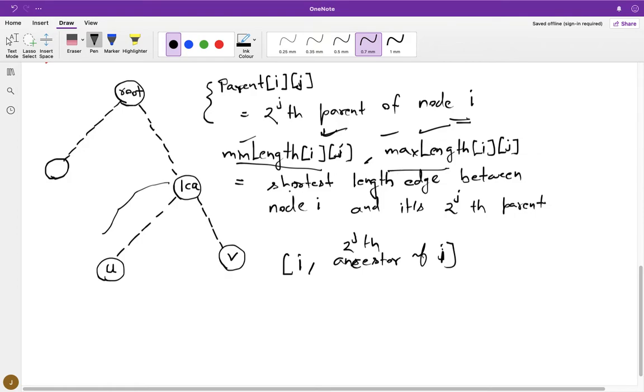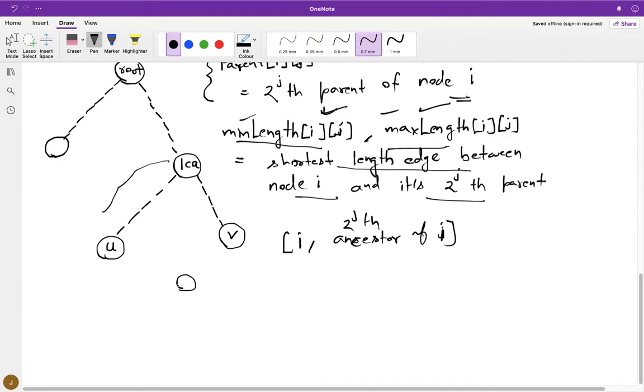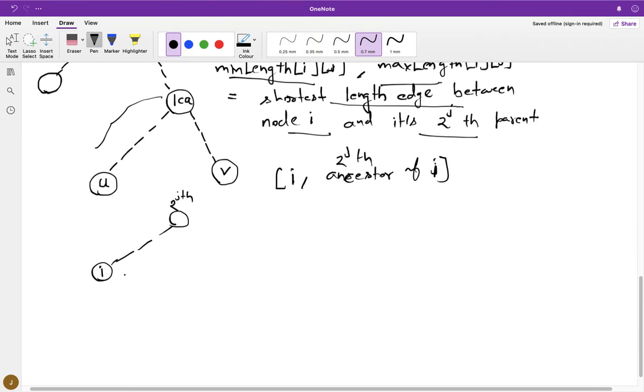From the definition, the shortest length edge between node I and its 2 power jth parent, let's call this the 2 power jth parent of some random node I. The shortest length that we are going to encounter between I and the 2 power jth ancestor of I is nothing but the shortest length between I and its 2 power j minus 1th parent, and so on, because there are 2 power j nodes in between, right?